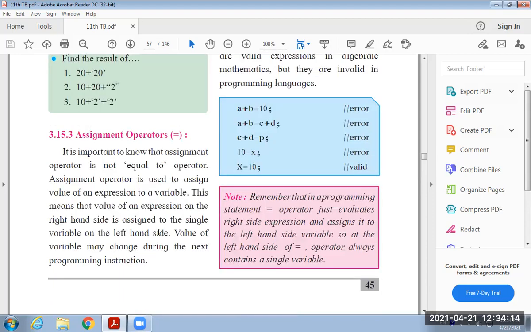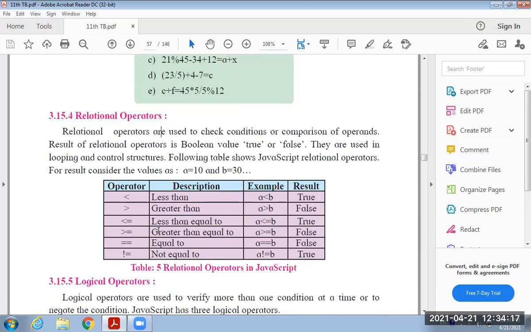Then after the expression, the next operator is the relational operator. Relational operator means we just show the relation between the two sides of the data. That may be an expression or simple data. Here the first operator is less than. If a is less than b, for example, if marks is less than 35, then your result will be true. In that case, we can use this less than. Then greater than: if marks greater than 35, then your result will be pass.